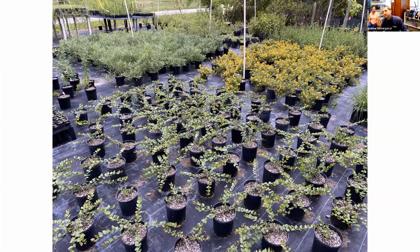And so this is just a typical scene from the nursery. And on this note, I kind of have to thank everyone, because this is a team effort. We rely heavily on our field biologists, Jimmy Lang and Lydia Cooney, to collect seeds in the wild, Sabine to do the seed research,